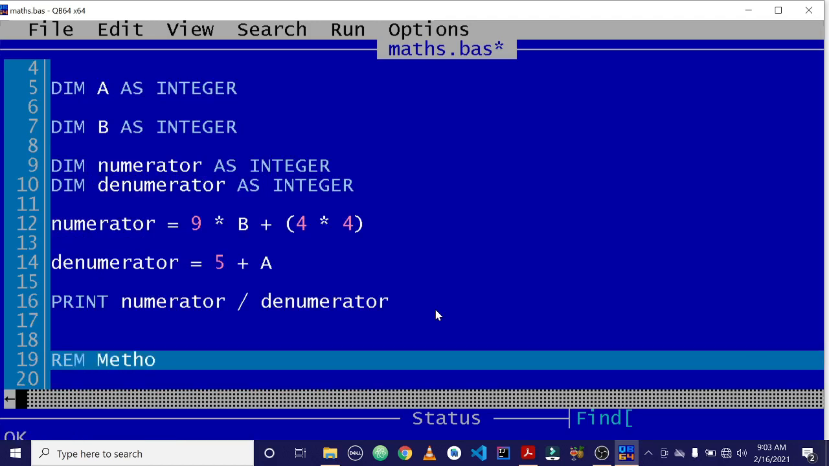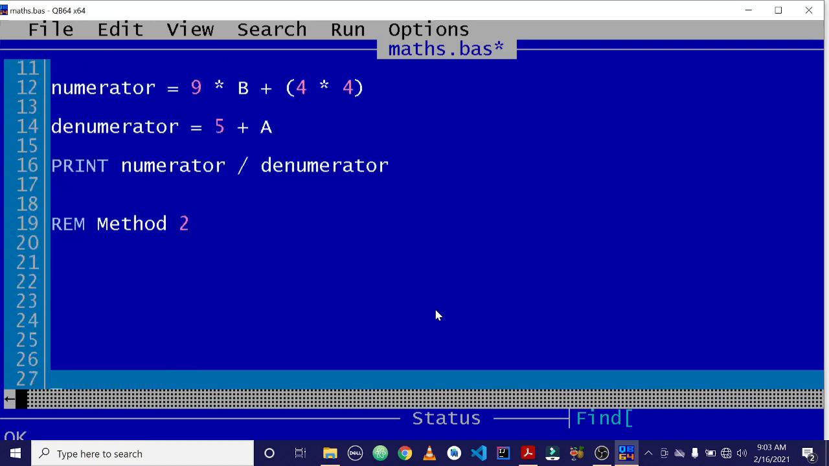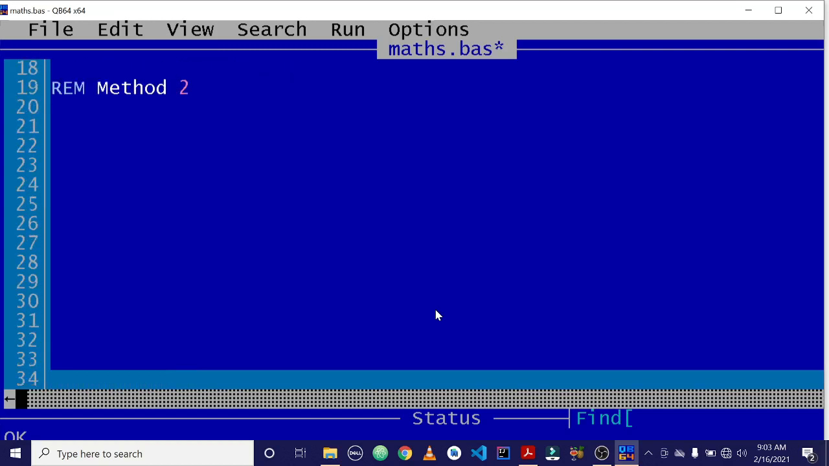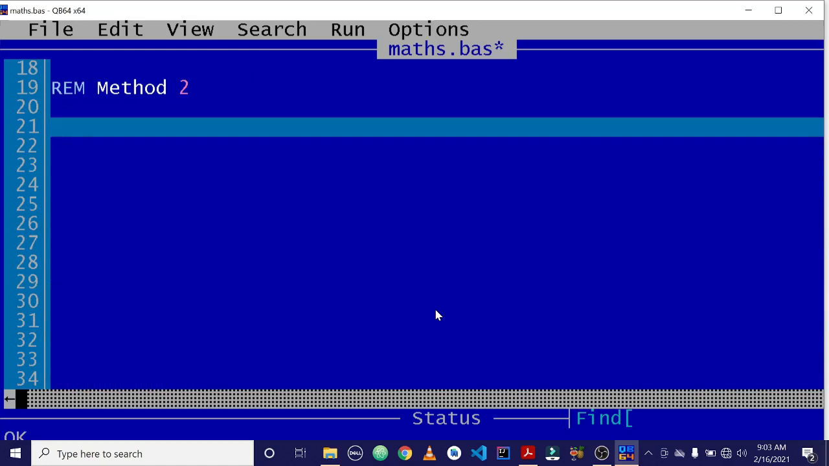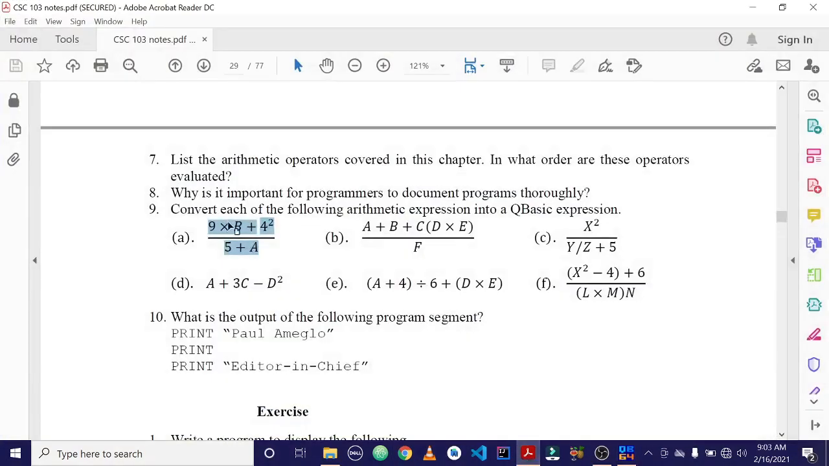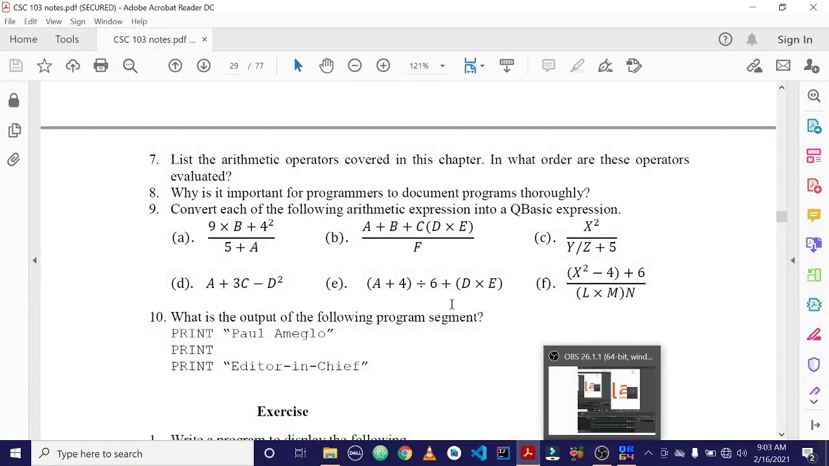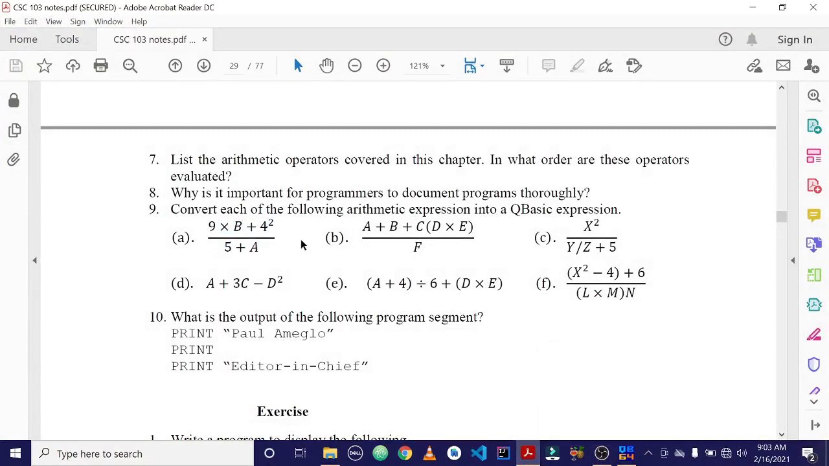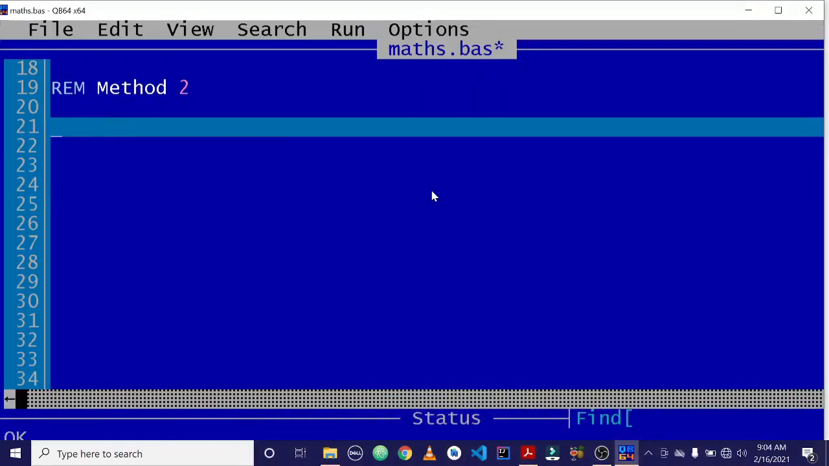Then we go to method 2. Alright, so the method 2, we are going to solve everything in a single line. So we've already declared our variables, so you don't need to declare that again. The next thing to do is just to go straight forward. So we have 9 times B plus 4 squared. So we can just say print